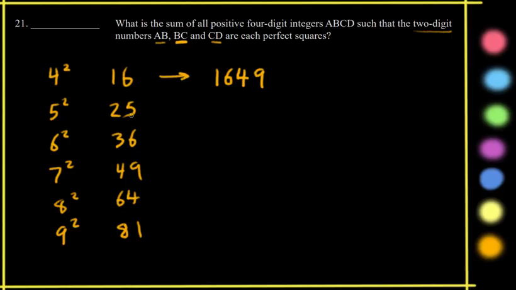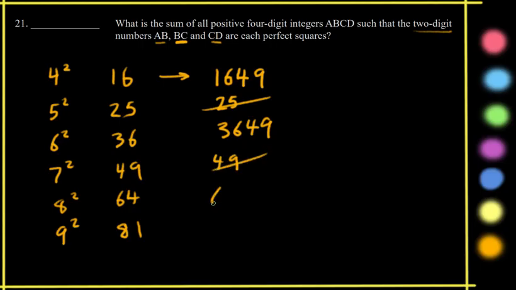You can do the same thing for 2, 5, but what you'll find is that if you put 2, 5 at the beginning, there's no possibility for C, because none of these perfect squares start with a 5. So that one you can kind of cancel out. And then you can go to 3, 6, and you can follow that same pattern. After the 6, you're going to have a 4, and again after the 4, you'll have to have a 9. And then for 4, 9, you're stuck because none of these start with a 9, so that one you can